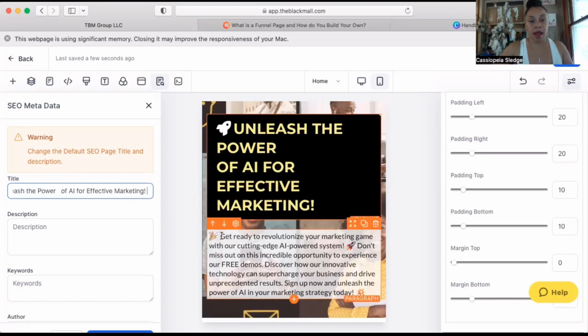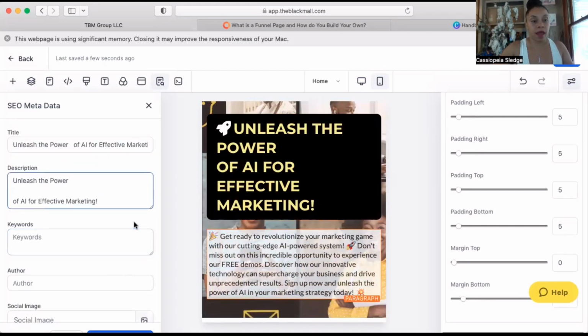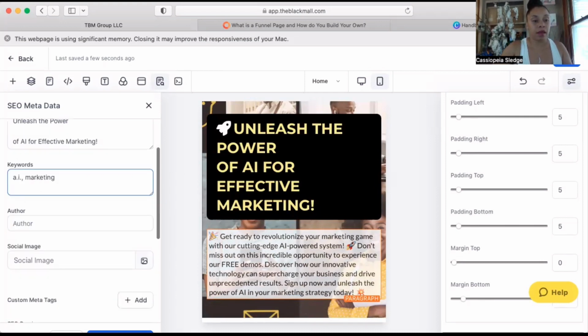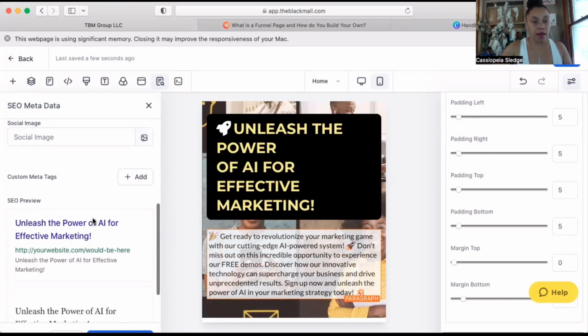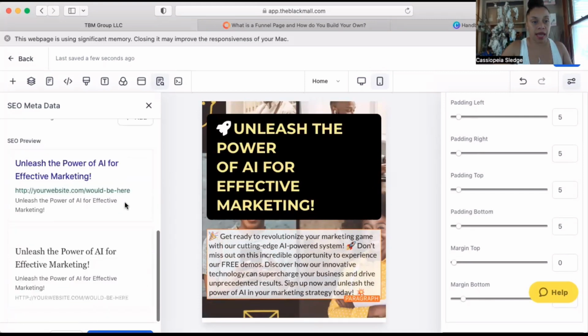Okay, and then I'm going to copy and paste the description as well. And then I'm going to use these keywords, AI, comma, marketing. Okay. And then if you want to add an author or an image, you can, or some other custom meta tags, you can. I'm going to stop it here and then click